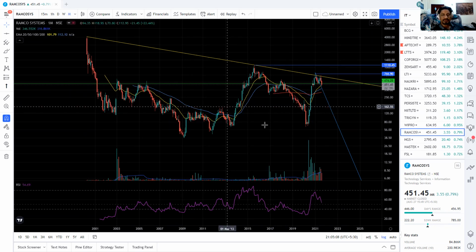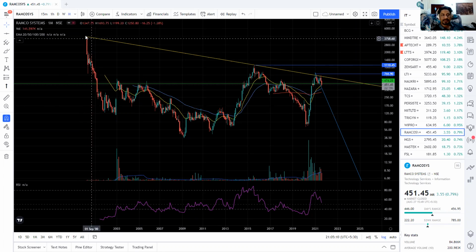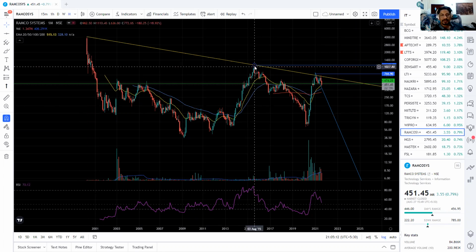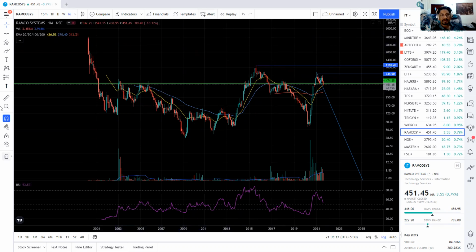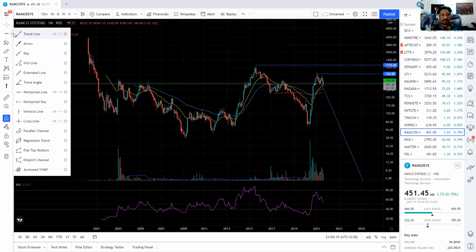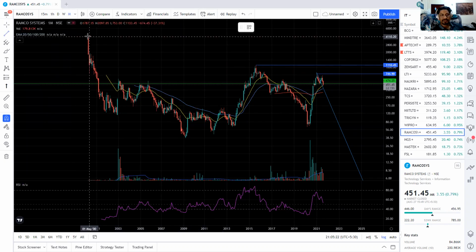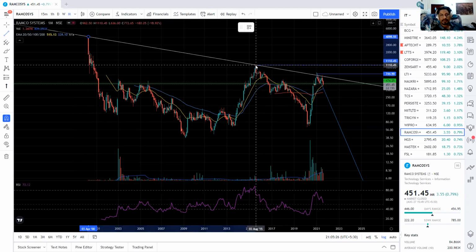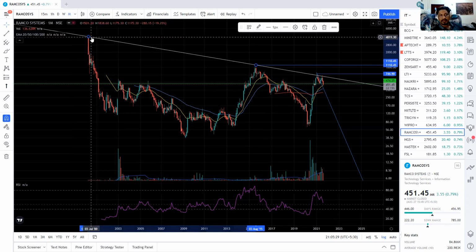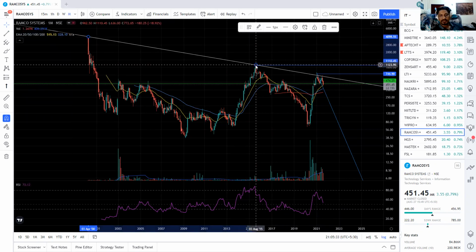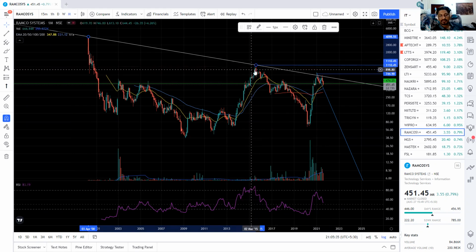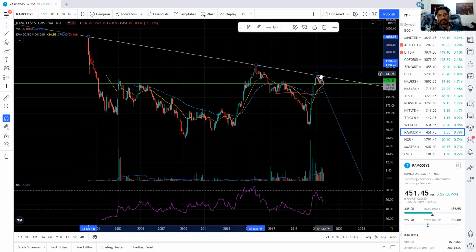Suppose I have to draw this one. I can see this is a top, another top. If I make this line based on these two only, not the new one. And see here, trend line, I selected this top and took another top. The same has become resistance this time also. So the line which is the peak price which was made in 2015 is still having the impact in 2021